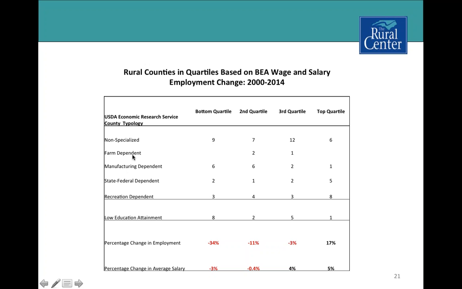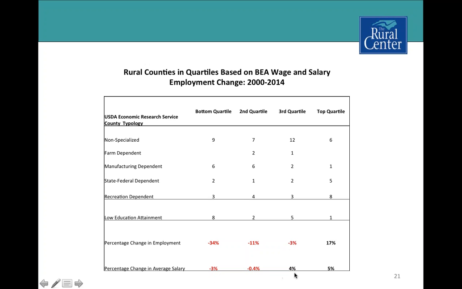So what I did is I got the typology, and we got every county assigned what its economic typology was. We then sorted the BEA wage and salary employment data I showed you earlier. I sorted them into quartiles to see where the mix of the different types of counties were in the various quartiles. In these quartiles, it's worth noting that only in the top quartile did we see employment growth overall in the quartile. When we look at percentage change in average salary, it was a 3% decline in the bottom quartile,